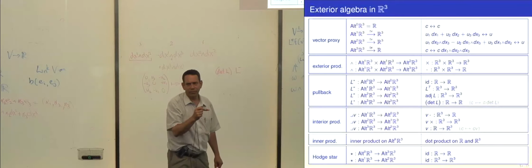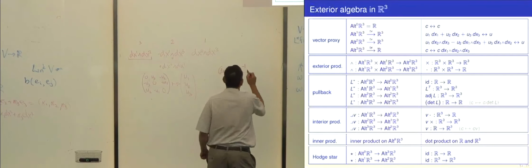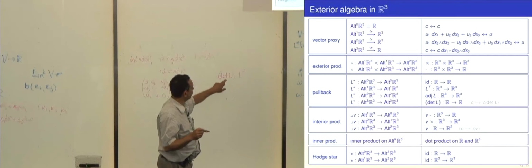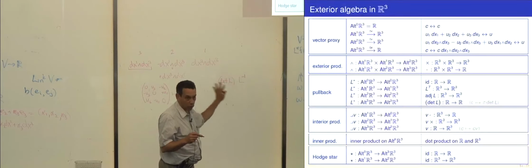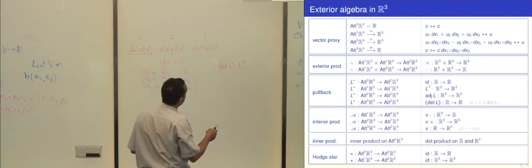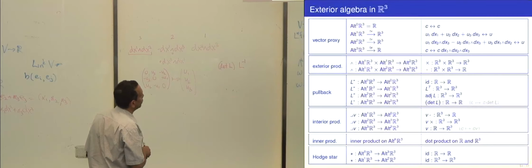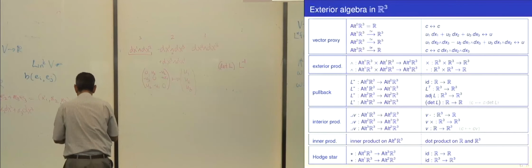I think not. No. If it's an invertible matrix, it's that. But this thing doesn't make sense for a non-invertible matrix. But since you have the det multiplying here, the whole thing does make sense. It's the signed cofactor matrix. So just simple linear algebra, maybe if you can't get it, ask me and we can go through this simple calculation. That the pullback gives you the adjugate matrix, and the pullback of a 3 form, that takes a scalar to a scalar, but it's not the identity. It's multiplication by the determinant of L. Let's do that one.